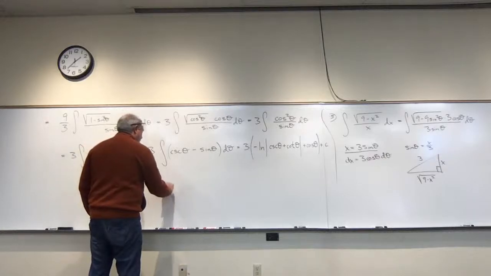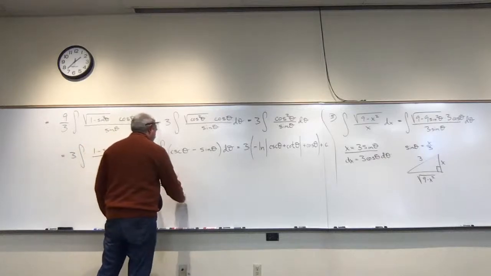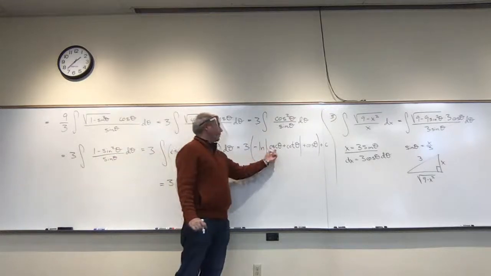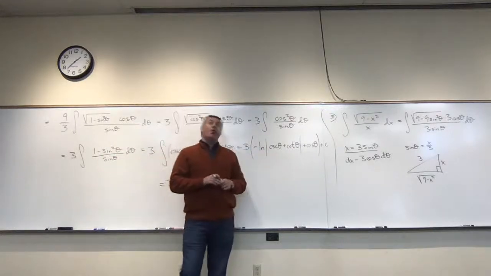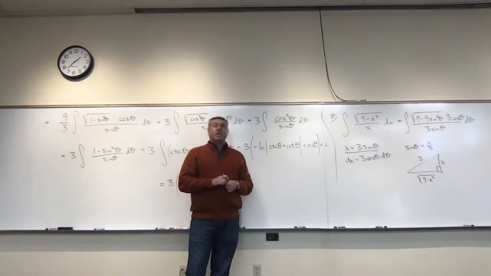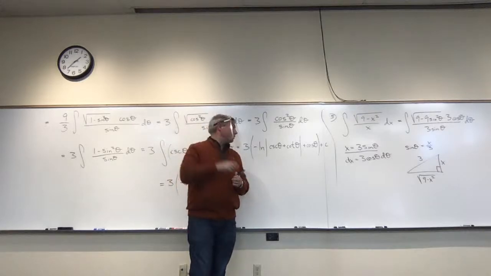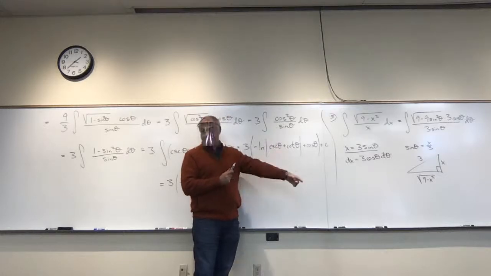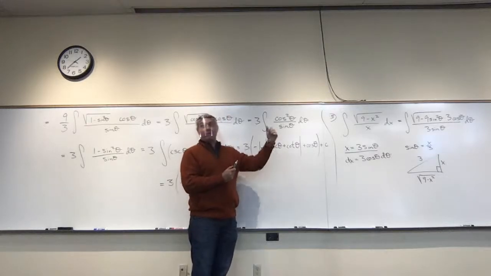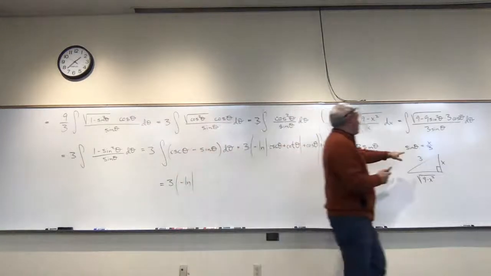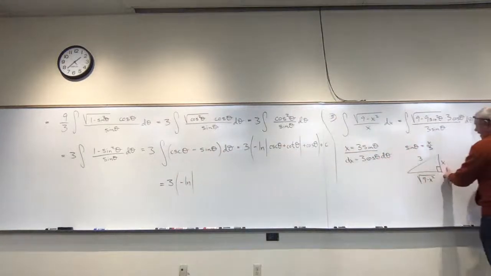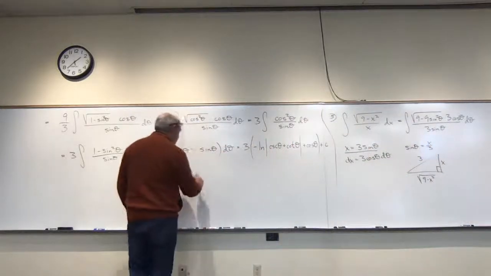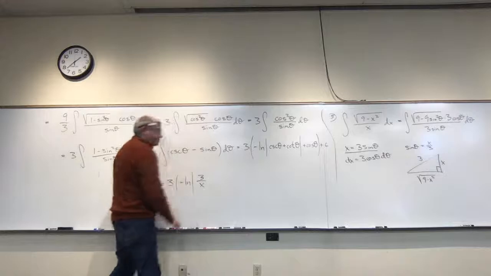Okay, and now we can just fill in the blank, so to speak. So this is equal to 3 times negative ln, absolute value, cosecant of theta. That's 1 over sine of theta. Sine is opposite over hypotenuse. So this must be hypotenuse over opposite. Hypotenuse is 3. Opposite is x. So it's 3 over x